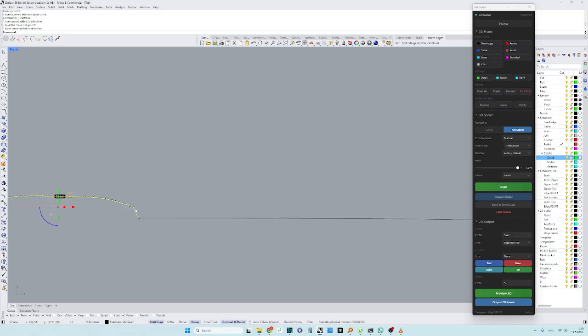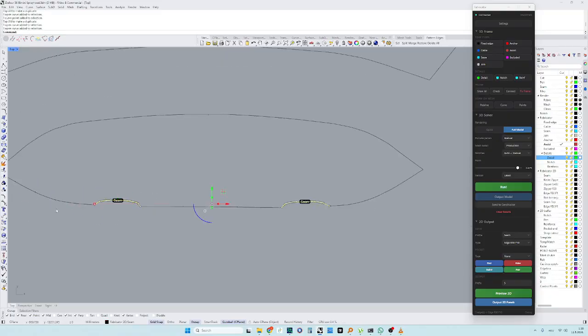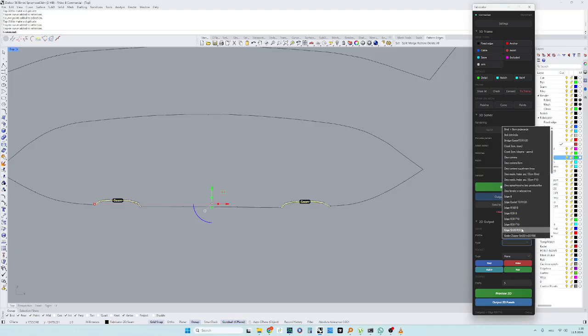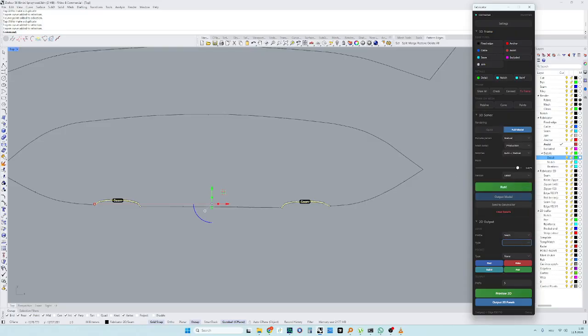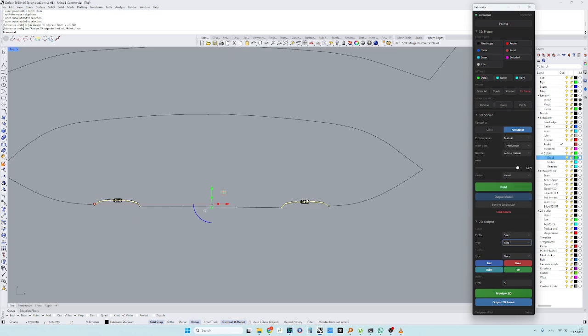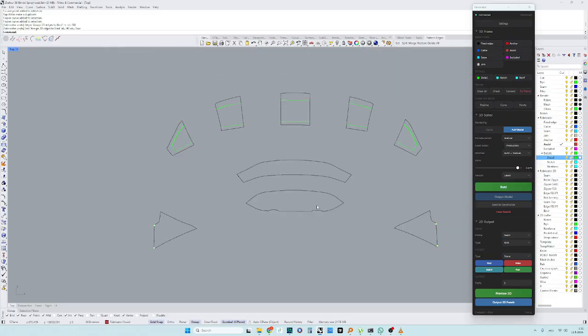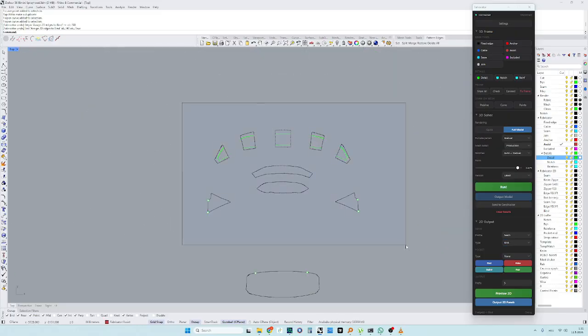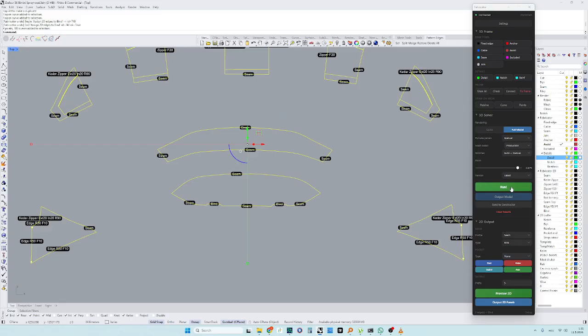So now I join them, and I will set these as a bind. Let's see where it is. This bind. So this will be a simple bind, and we can just run it to see